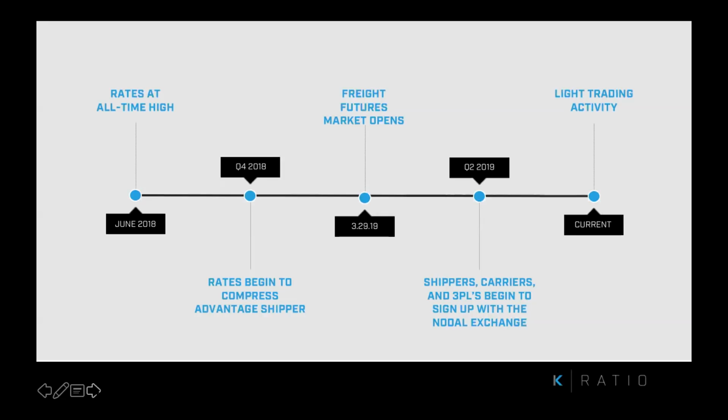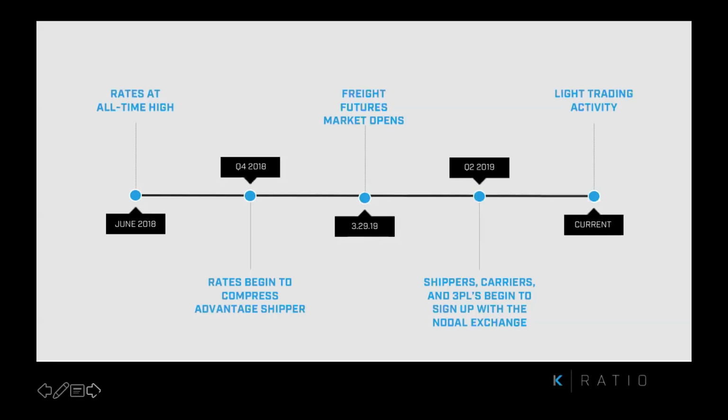Then we moved into March where rates continued to decline, but the freight futures market opened. Since then, rates have continued to hit that 3-year low that we're experiencing right now, even during the advantageous pre-4th of July time period. But also, we now have shippers, carriers, and 3PLs that are beginning to sign up with the Nodal Exchange, and they are saying, okay, we have just seen a very rich environment for carriers and 3PLs, and now we are seeing the exact opposite, or inverse, an advantageous